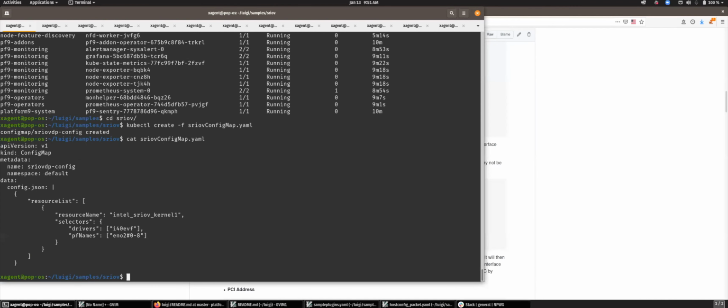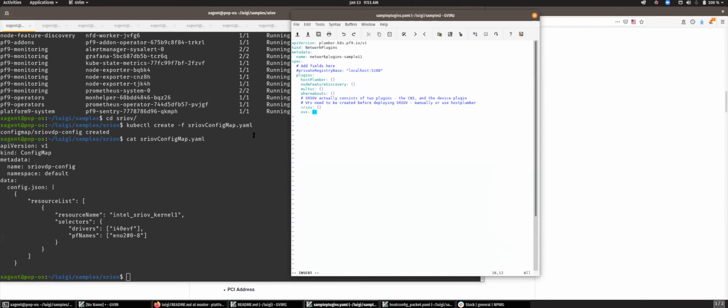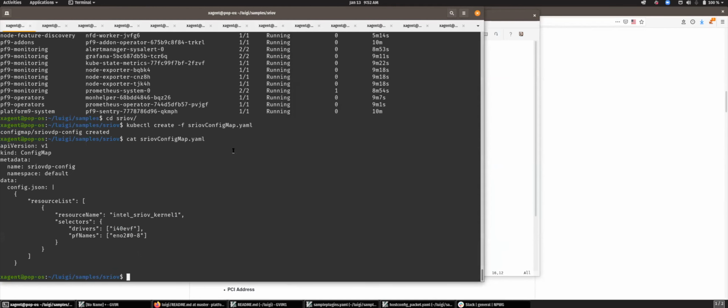So what I did was I just created a config map here, and I'm saying on this resource, give it a name, resource kernel 1, I watch for ENO2, I40EVF. If you're already lost right here and you're not familiar with the device plugin, then you can ignore this. But this is specifically the device plugin that we deployed earlier. This is just one of the steps that's needed to get SR-IOV up and running.